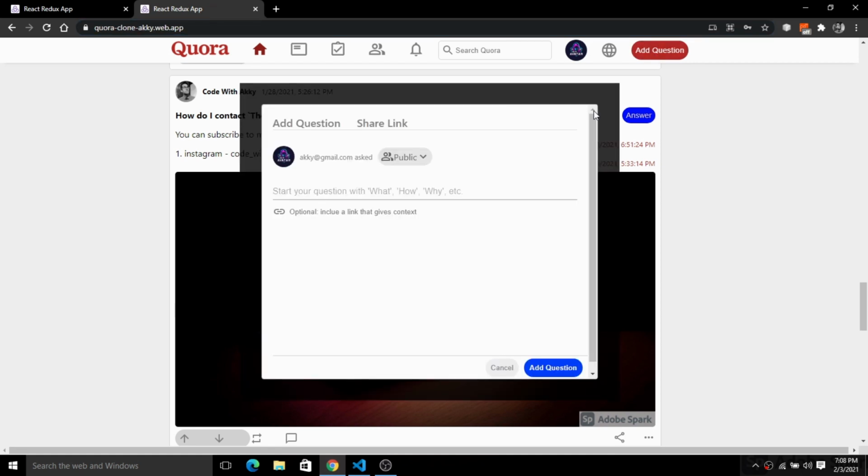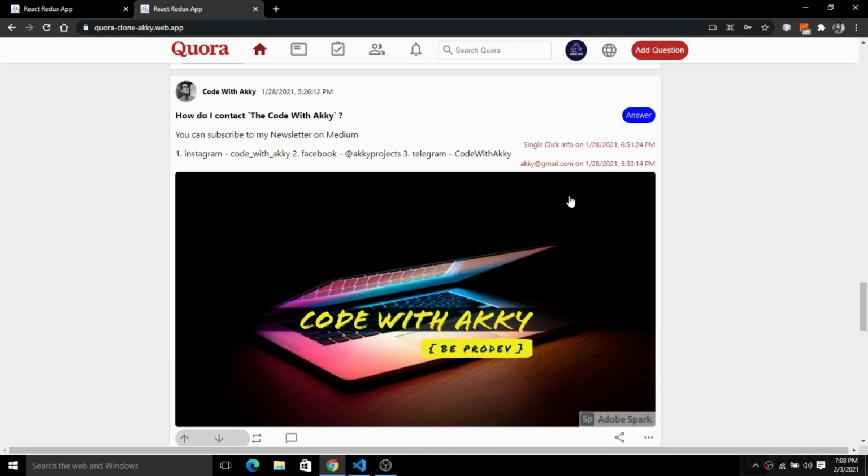This pop-up is because of the React modal. You will learn how the React modal pop-up works, and how we will add this, how we will push a question or enter the question here along with the link for any images, and then push that question to Firebase. So this is the React pop-up. When I click on cancel, you will see the pop-up has been closed.